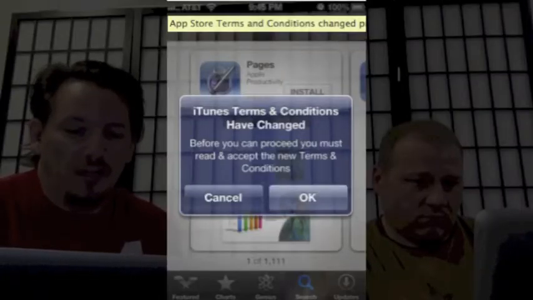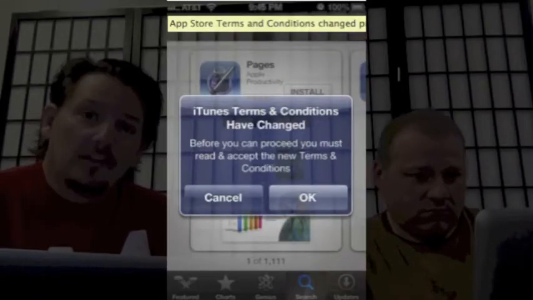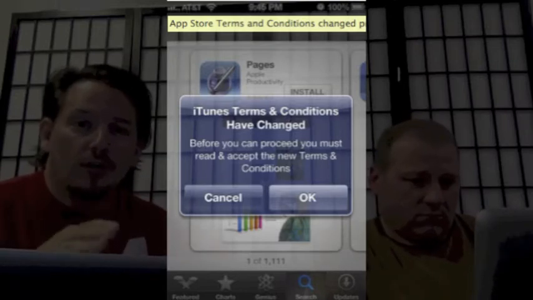Okay, so we are two app developers, and today we're going to talk about Apple's new restrictions with cross-promotion ads in the App Store. And this just surfaced a few days ago, or maybe yesterday even. Apple's terms and conditions have changed to now reflect that no developer can promote other apps other than their own inside the apps that they're running.